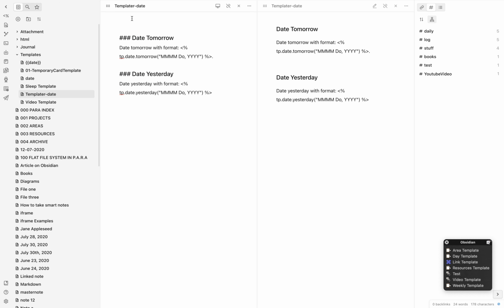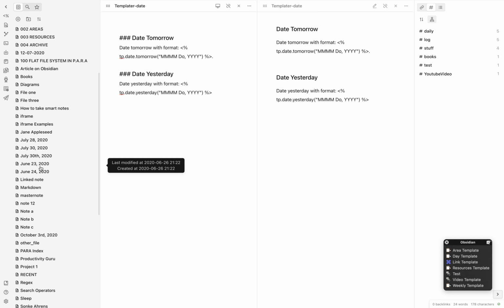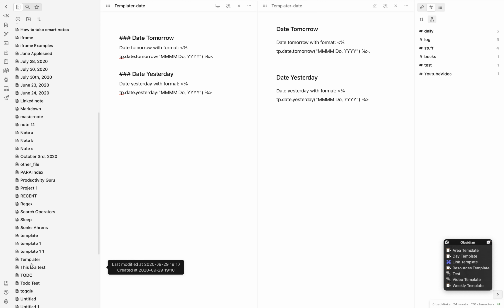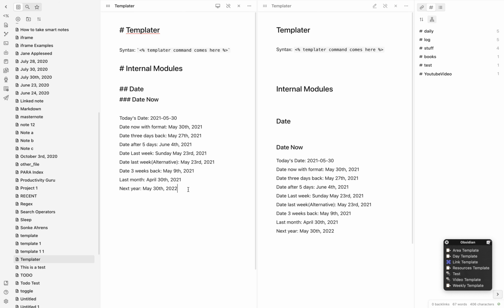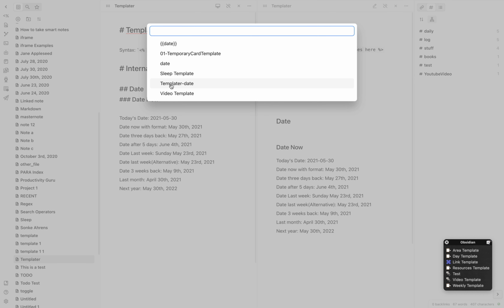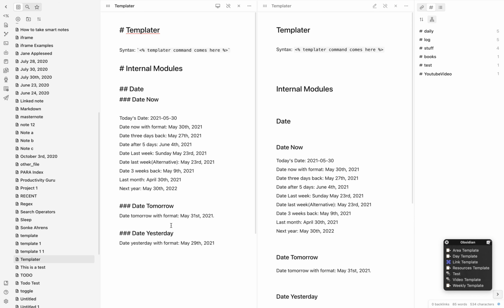We'll just leave a little space so it can go in perfectly. We don't need to do anything else. Now I go to the templater note, and in the templater note, I'll just press enter, and again we'll just bring up templater, select templater date, and as you can see, it shows the date tomorrow perfectly and the date yesterday perfectly.